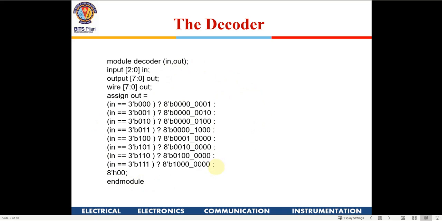Okay, now why do I write this 8'h00? This is a default value where all the lines would go 0 in case all these conditions are not met. Now you would say, sir, all these conditions are already catered for in the input side, then why do you have to give this default condition? Even if you don't give this, it would work fine, but when you do coding, it is always better to have a default condition. So in case there is some input in some circuits which is not expected, but then it will still come, right?